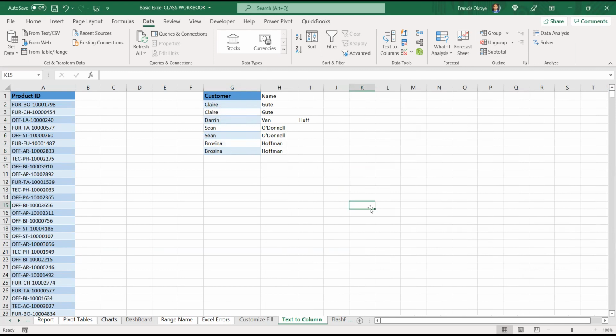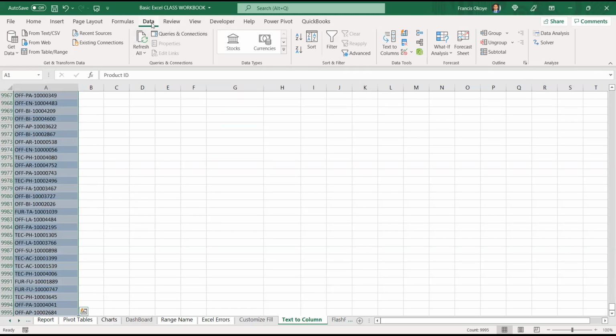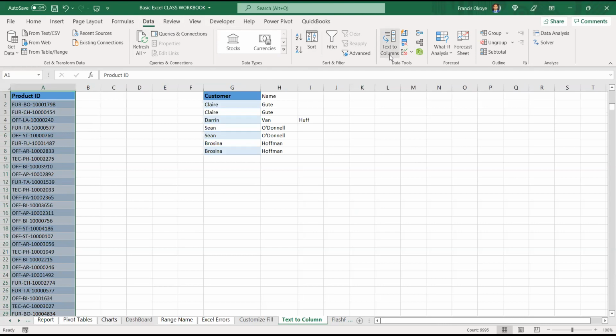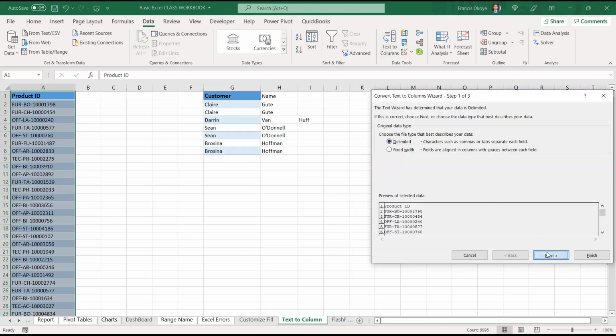You understand that? The same way here, I want to separate this into 3 different columns: the first column, the second one, and the number. So what I will do again, I can highlight from here your data, text to columns, delimited, next.